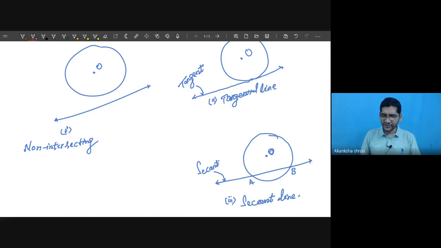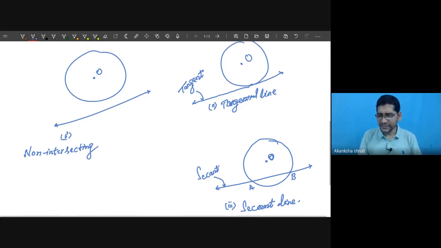Students, we have to learn about this second condition, that is the tangential line and tangential condition, carefully. What we are observing in case of a tangent is that the line and the circle have only one point common. That common point is